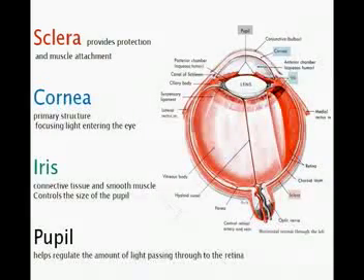And so the iris is going to be that color portion of your eye, and it's going to be connective tissue and smooth muscle. And really what that's doing is controlling the size of the pupil. Right? And since the iris is the color portion, you can look, if you have brown eyes or blue eyes, the actual whole range of eye color starts with, if you're albino and you have no pigmentation there, it's going to appear pink. But it goes pink all the way to blue, ending in brown eye,